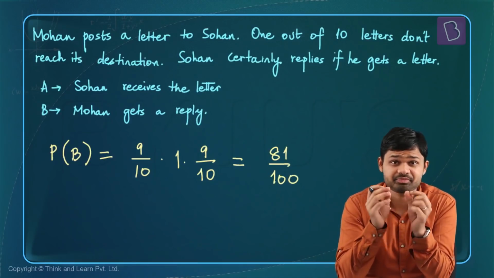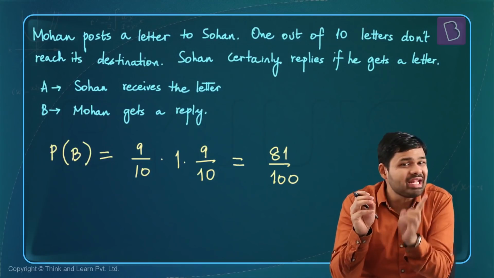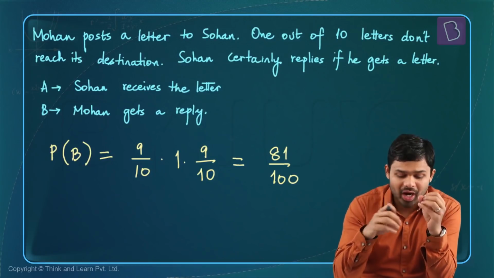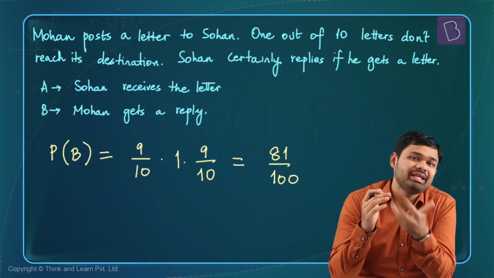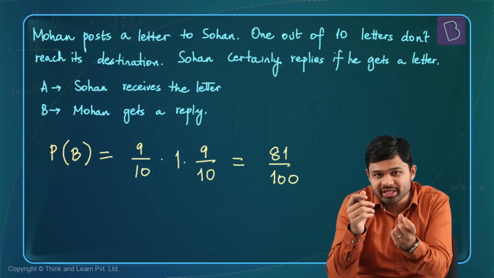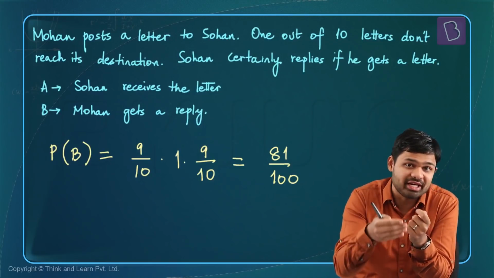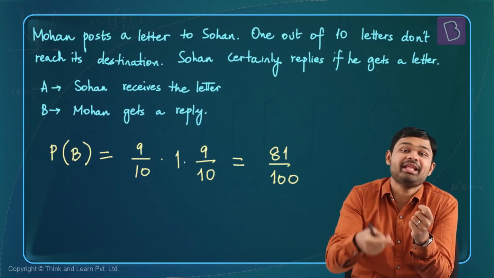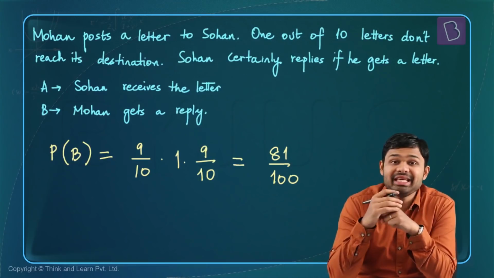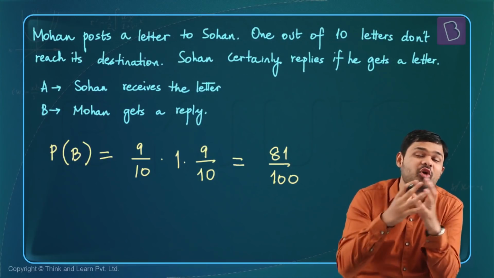And note that we've established the fact that B depends on A. Only after A happens, B will happen. So if Sohan receives a letter, only then he can write a reply, and Mohan will get the letter. So Mohan posting a letter is the first event, then Sohan receives the letter, then Sohan writes a reply, and then Mohan receives the letter. So what we see here is B is actually in some kind a subset of event